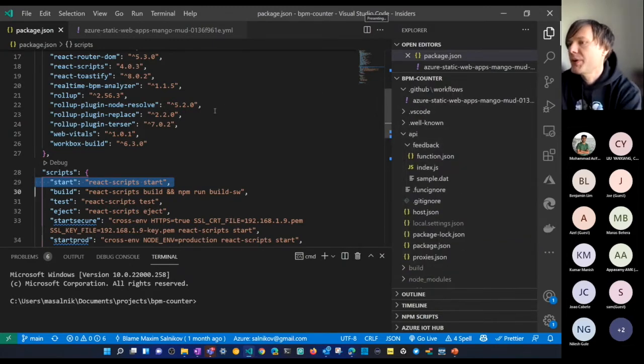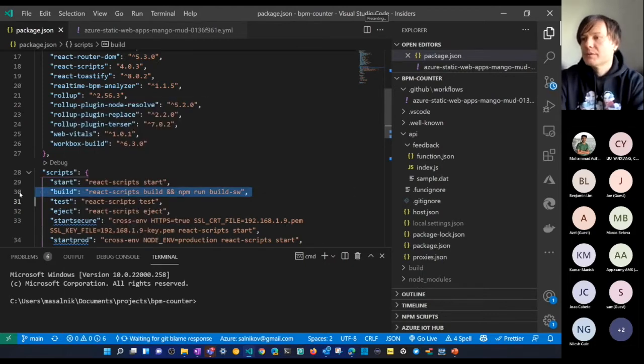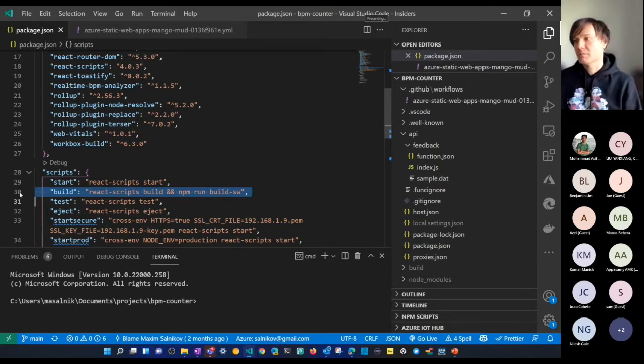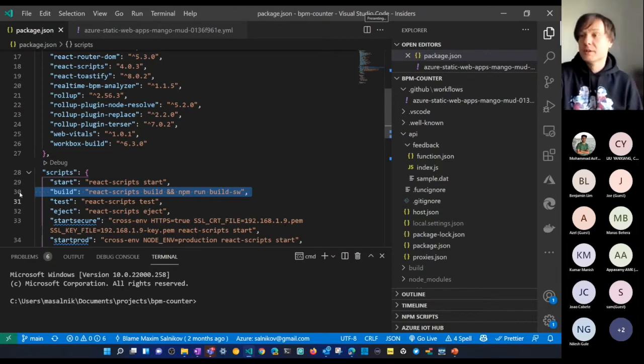What I want to show here is package.json, where you see that I have a build command as part of scripts, and actually this is what happens when GitHub Actions tries to build my application before deployment. So it is very important for you to have a proper build command in your package.json.